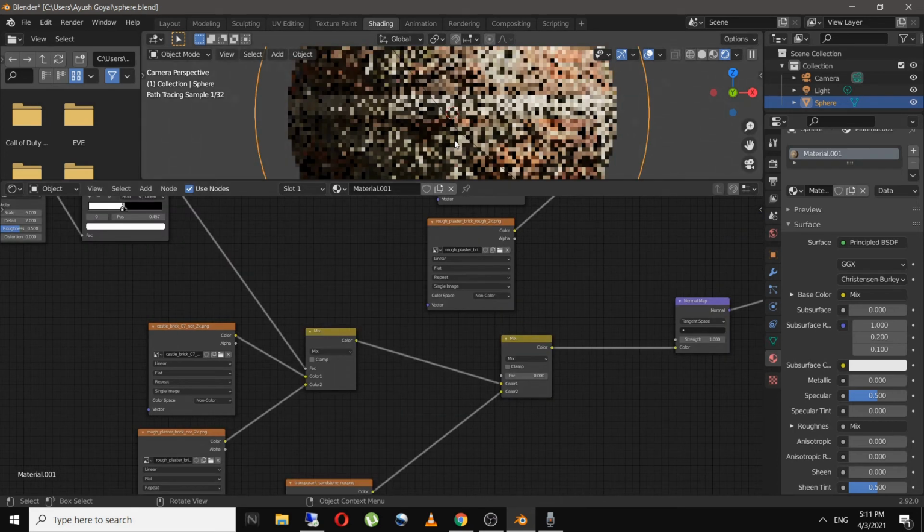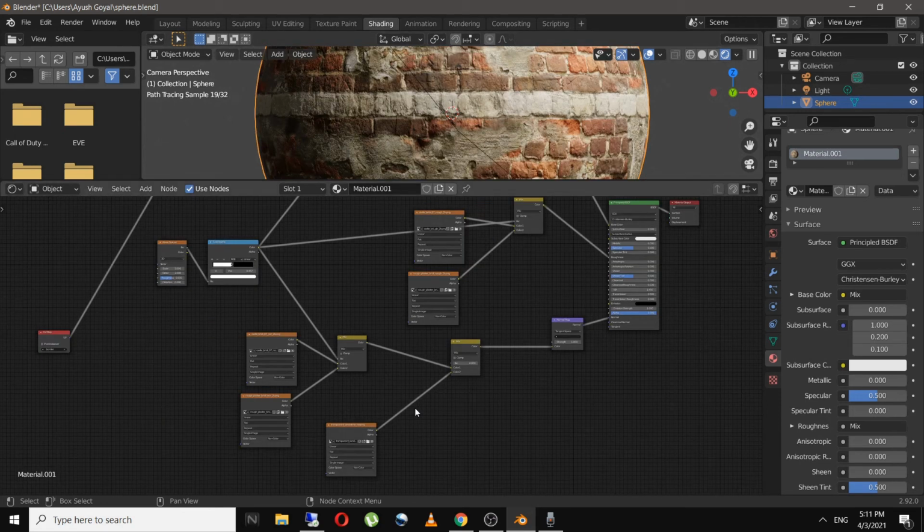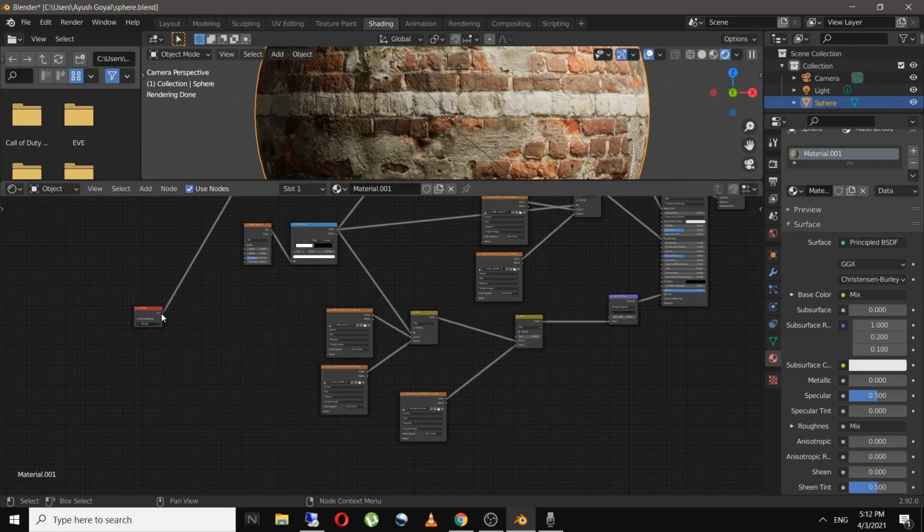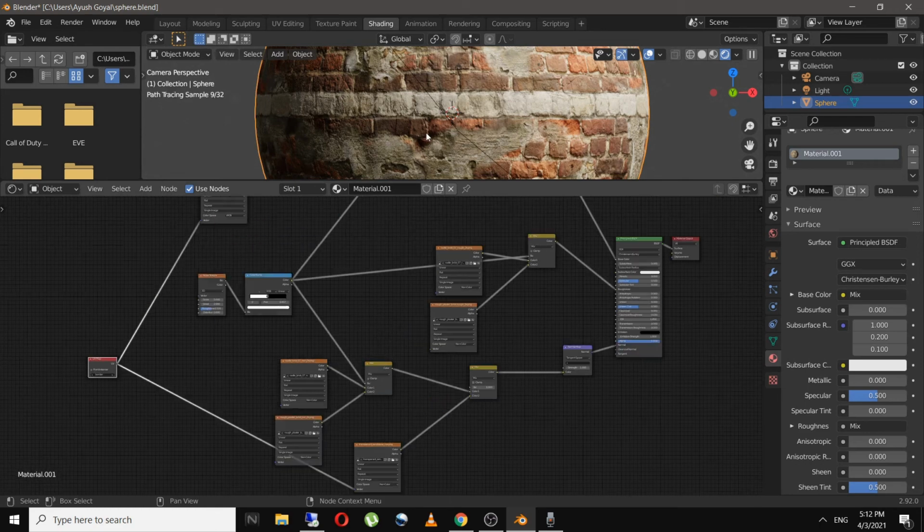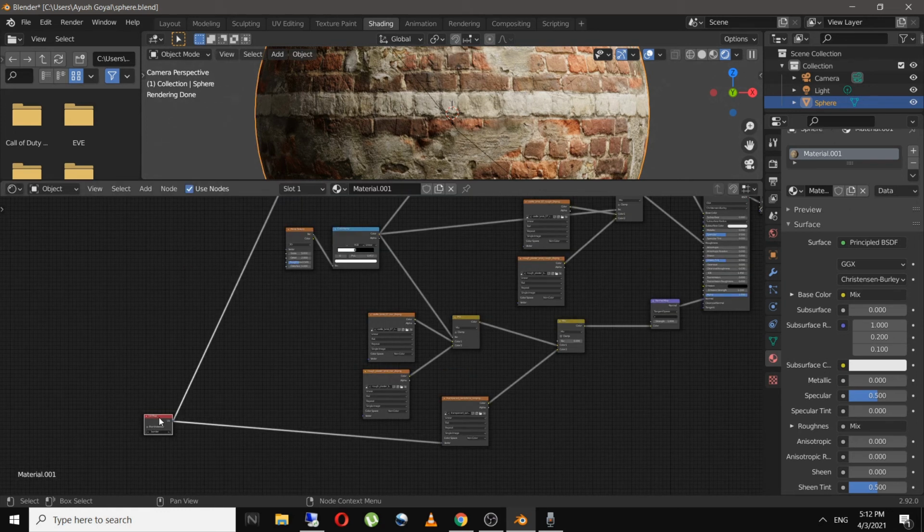But as you can see, this didn't work out. That's because we haven't put the UV map vector over here. So I will put the vector over here, and you can still see the normals are colliding with each other. So for that, I will add in a mask texture.